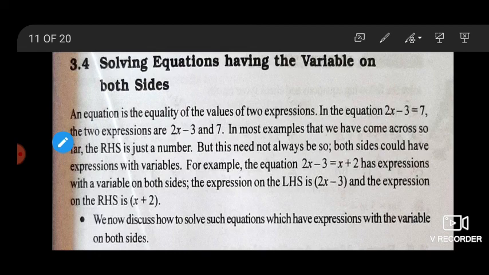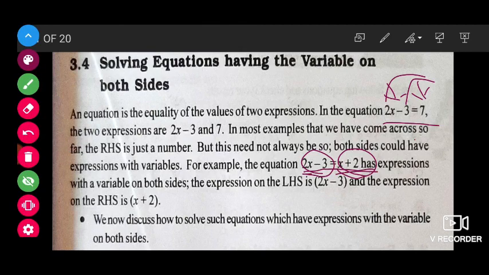Bring all the variables to one side of the equal symbol. Send all the constants to another side of the equal symbol. Okay, here if we are having one example, 2x minus 3 is equal to 7. Here you can observe only on one side, the x is there on this side and the constant is there on this side, and what we will do, minus 3 will send to that side, 2 we will send to that side, and we will find the value of x. Now if we take one more example, 2x minus 3 is equal to x plus 2. Here both the sides also it is there. Here 2x is there, here x is there, means the variable is there on both the sides.